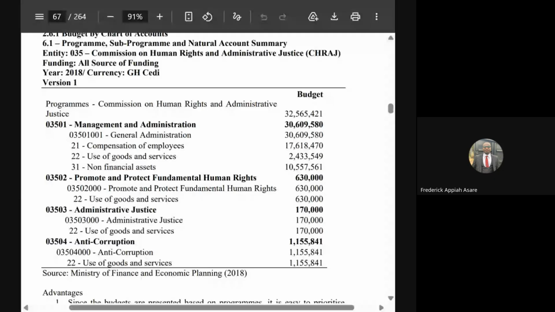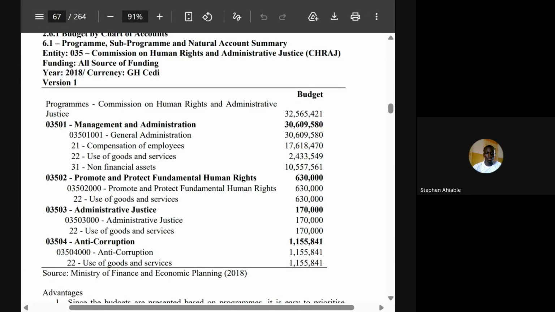The program is like the various ministries and the MMDAs. So for instance, let's take the Ministry of Education. The Ministry of Education will be a program, but under it, they can have free education, they can have the school feeding program, the school feeding as an activity under the ministry. So if they are preparing the budget on the basis of activity, you realize that under the Ministry of Finance, they will have 2 activity-based budgets.